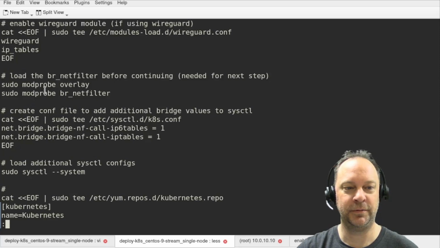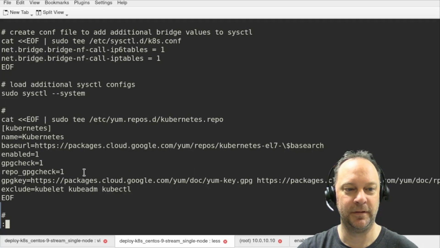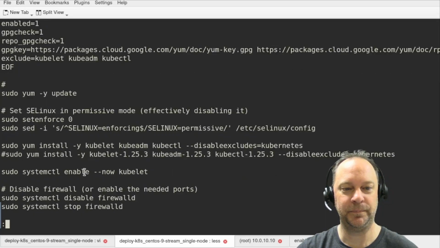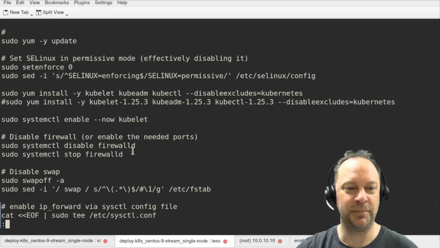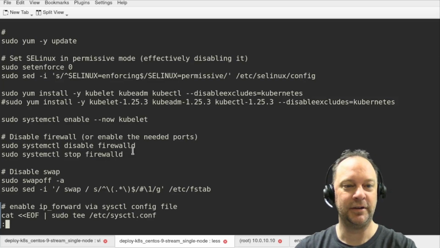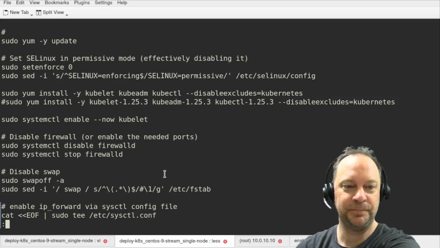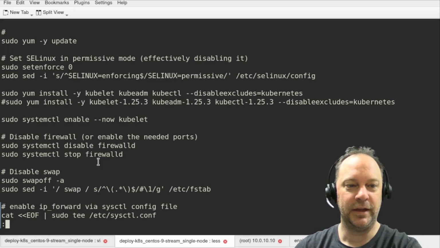This is standard with these modprobes here. This is standard from the Kubernetes document. Standard. Here I'm using sed to disable SELinux, and I'll let that be your call as well. We probably should be setting that up, certainly, in more of a production environment. And then here